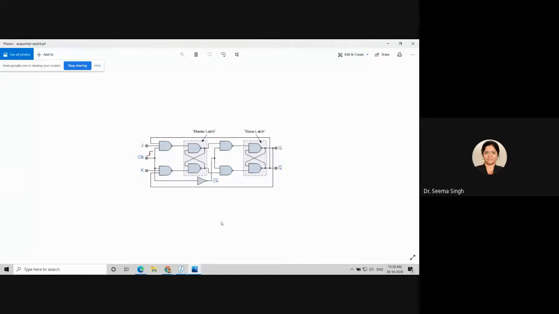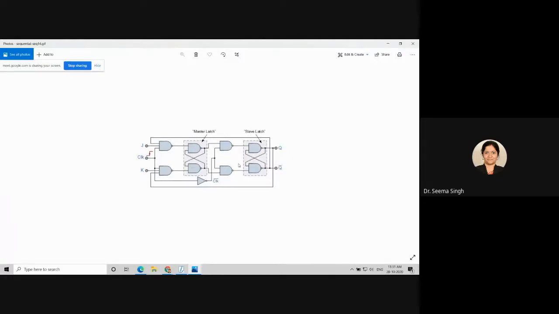What you can see in this is an SR latch only. Can you see? This is an SR latch only, and this is also an SR latch. So you have two SR latches, and one of the feedback Q is going along with K, and Q bar is going along with J. So we are inserting one more latch here, and we call this the master and we call this the slave.